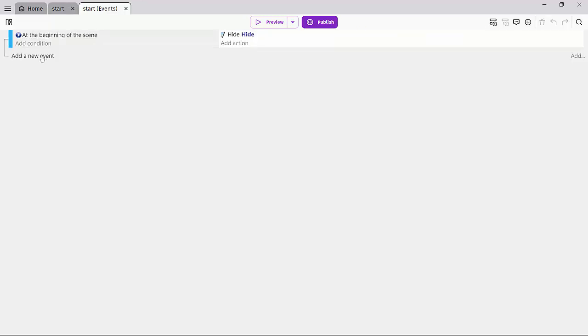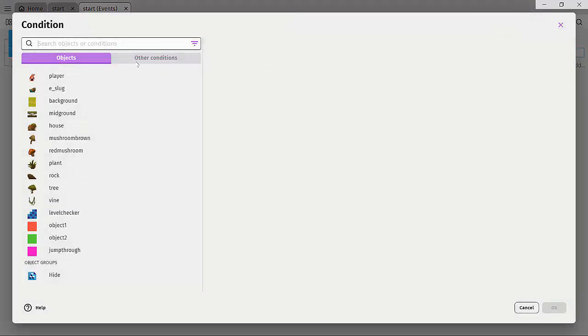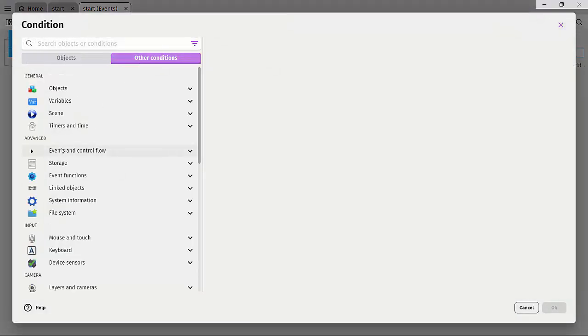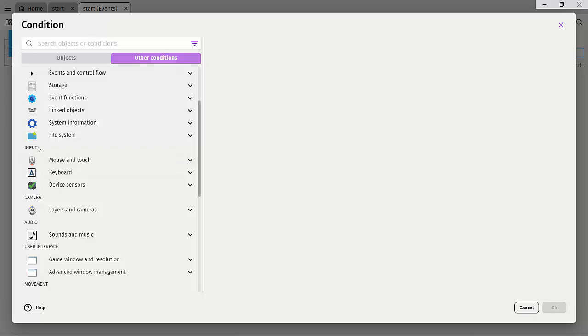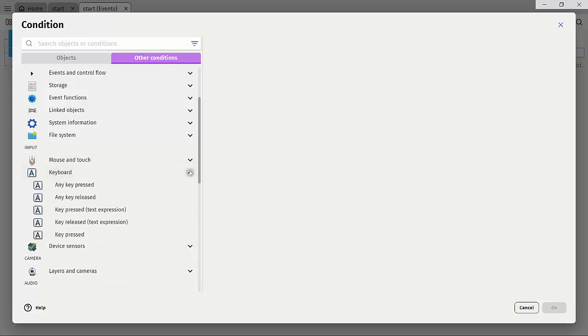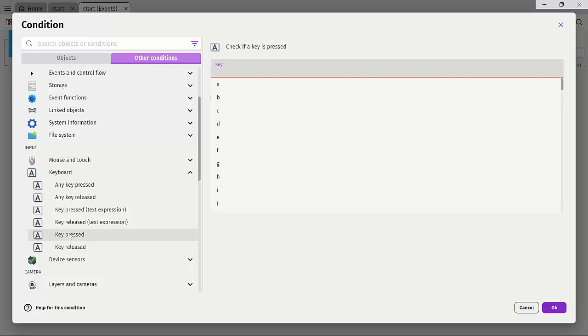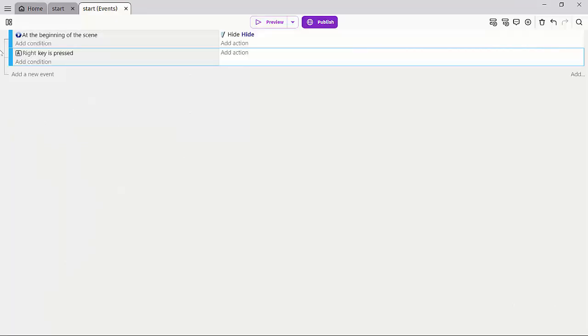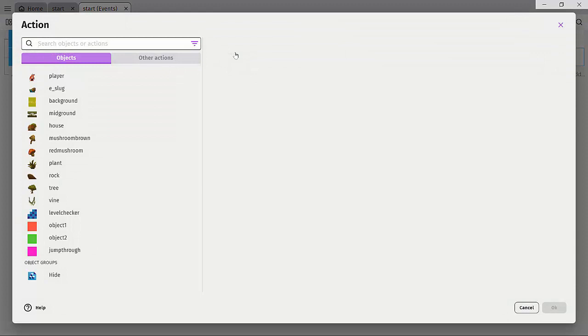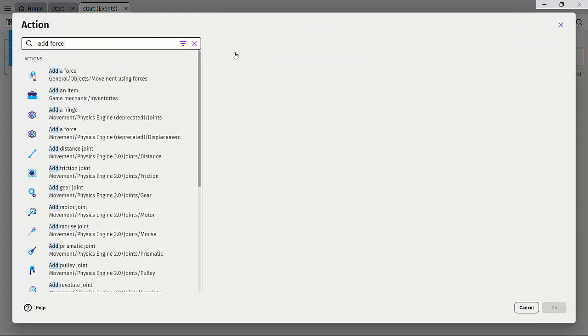So let's add a new event, and let's add a condition. Now the condition is going to be a keyboard. So under input you'll see keyboard. Just click down here, and when we have a key pressed, let's just type right. So this is the right key, and click OK. So when the right key is pressed, what we want to do is add a force. So let's say add force